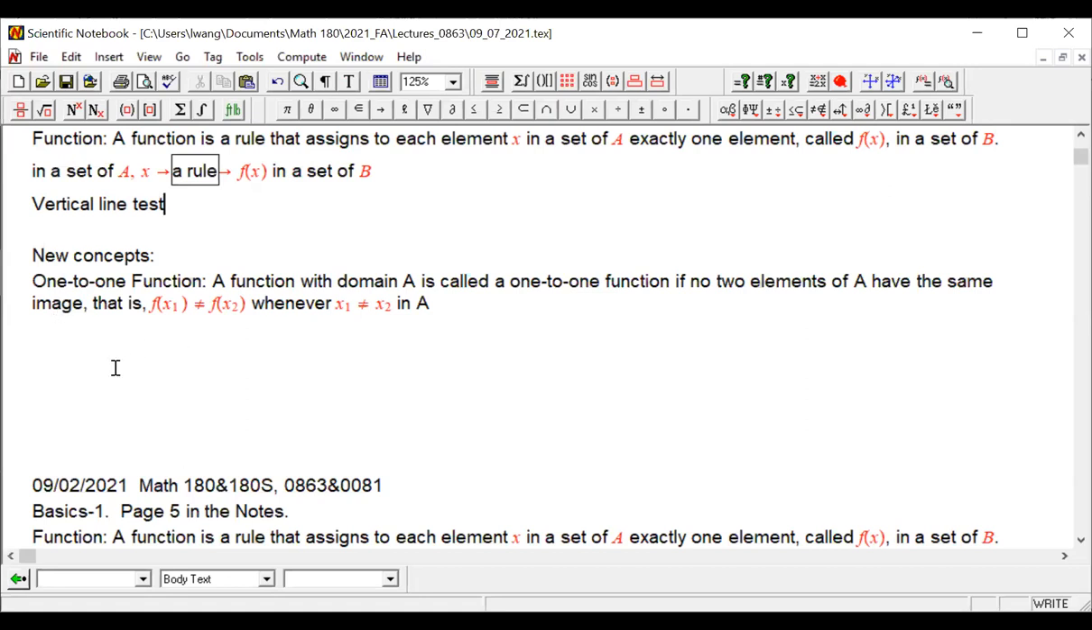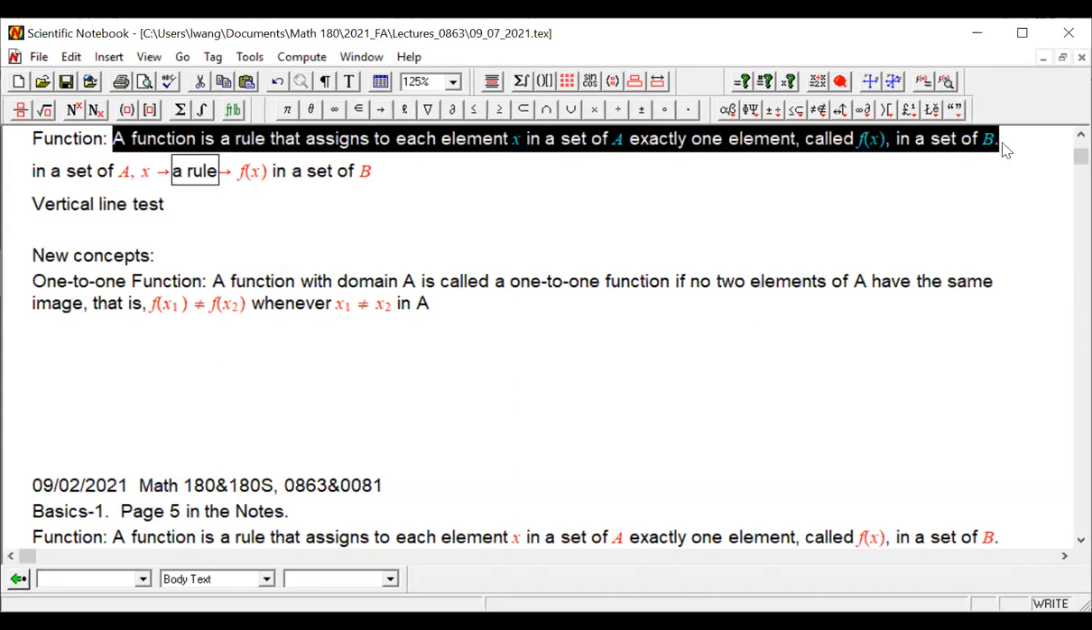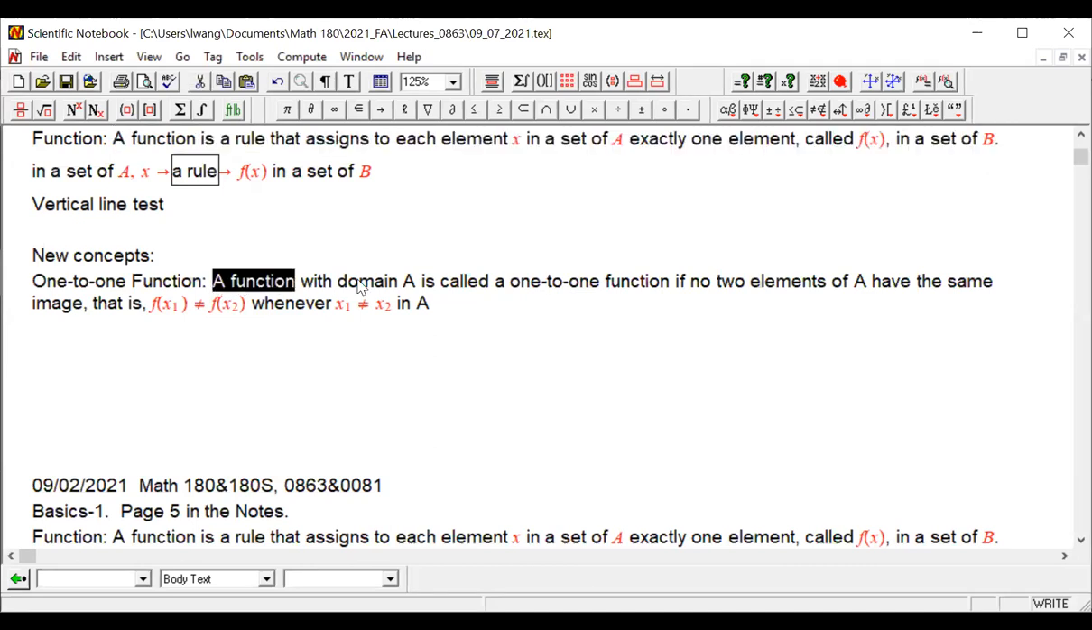One-to-one function is based on you already have a function, because if you don't have a function, we don't even talk about one-to-one. There's no need to talk about it. So we start with a function. Okay, what does it mean? If we are dealing with a function, that means this entire definition is already applied, right? So a function f with domain A is called a one-to-one function if,